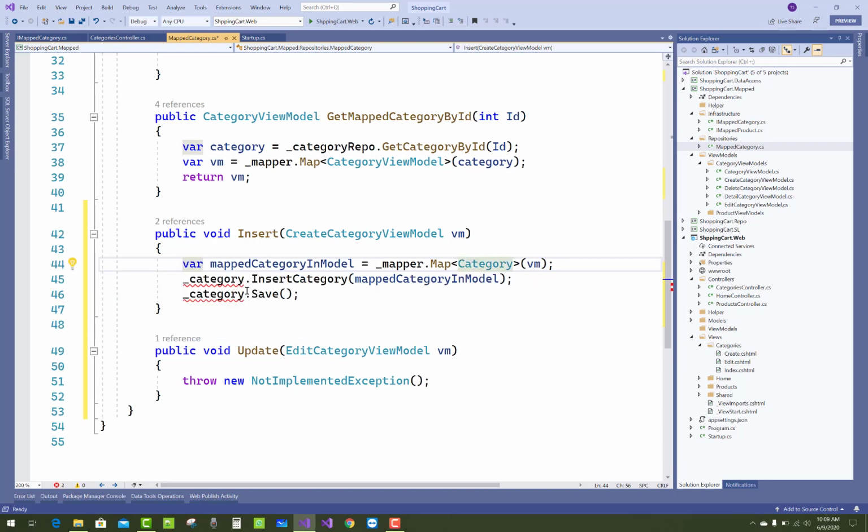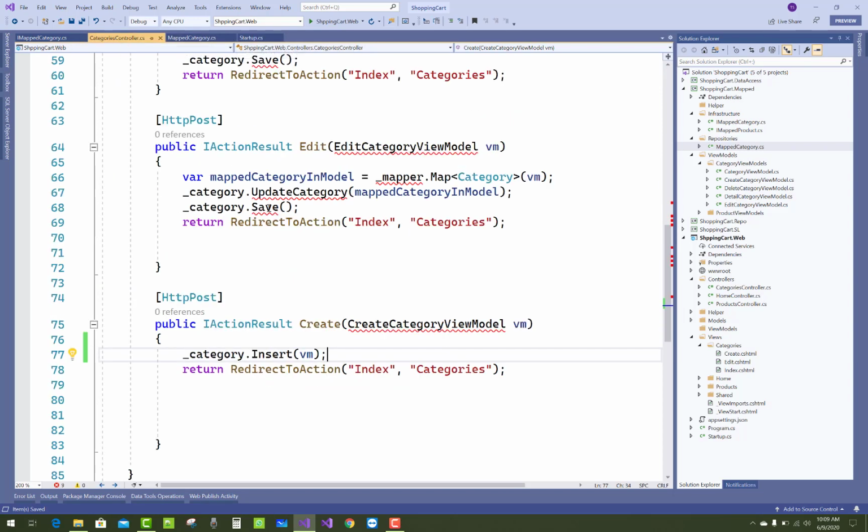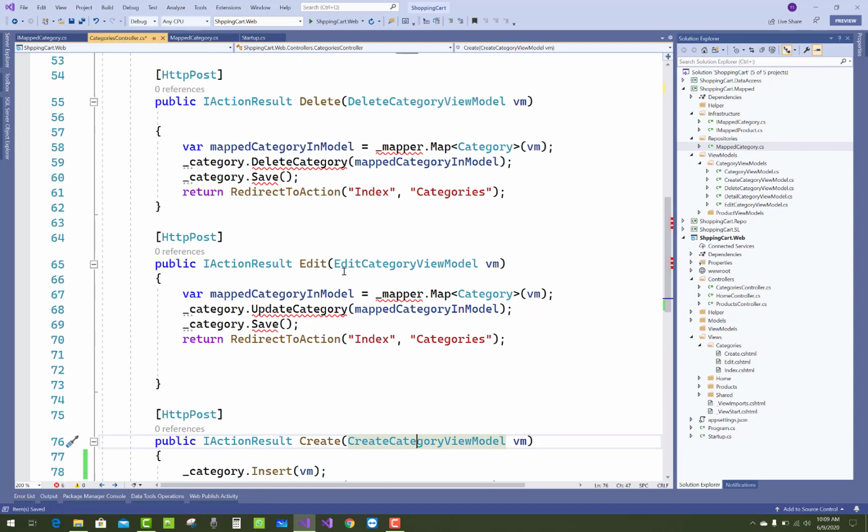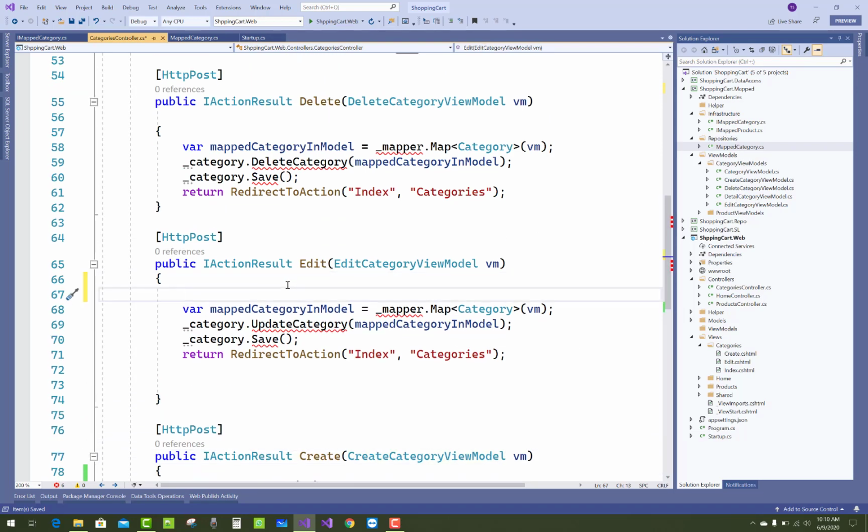ShoppingCart.DataAccess, and in place of category we have to use category repo. So category repo, so problem resolved. Now in the create section, create category view model does not exist, so first of all resolve, and in the edit category view model just pass the same thing,